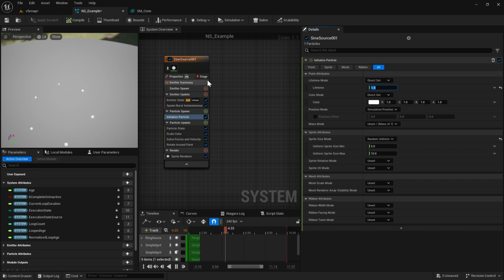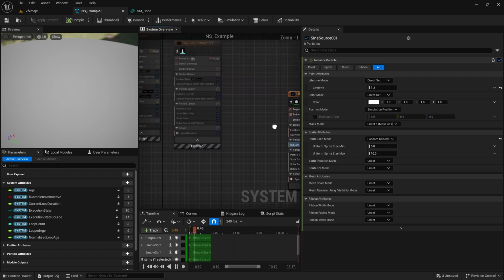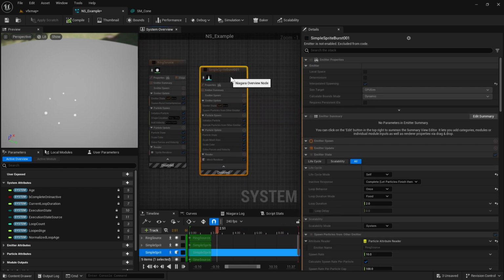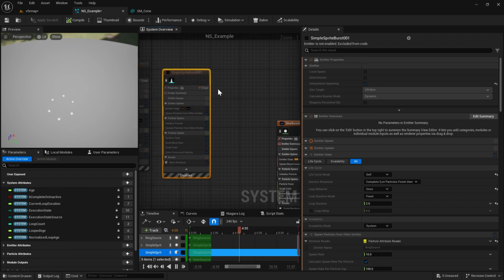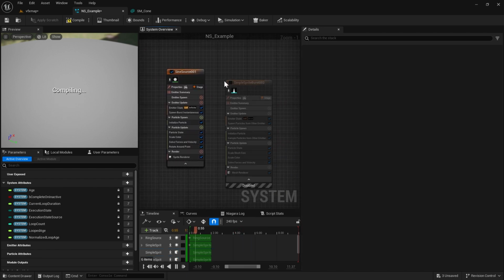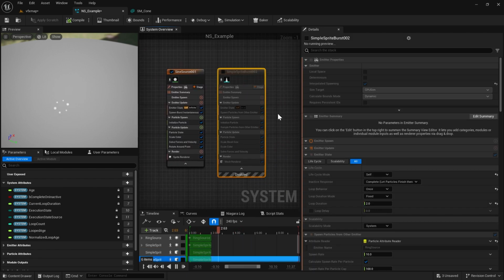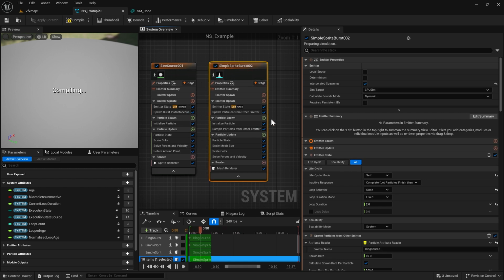Okay, so now I want a mesh again, and I want this mesh to spawn when these dots are spawning together, so we have some really cool looking stalagmite effect. I want to copy our old mesh so we don't configure it all over again with the mesh size and everything. We enable it,